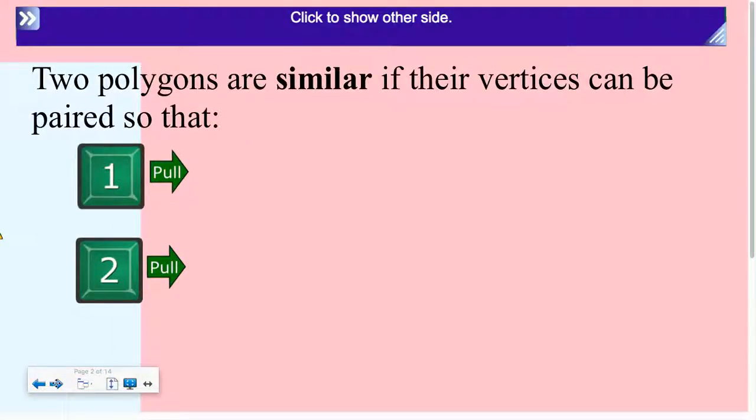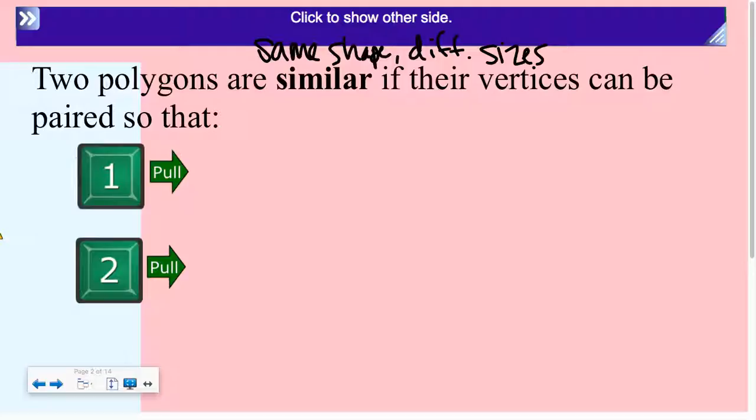Similar polygons. Hey, focus here. Back in elementary school, you would have defined similar polygons as having the same shape but different size. So on the very top blank it says similar figures have the same shape, but they would be different sizes. Like if you had a picture of a big square and a little square, you'd say they're similar. If you had a picture of a big square and a big rectangle, they'd not be similar because they're not the same shape, right? But we're not in elementary school anymore, so we're going to put a little bit more